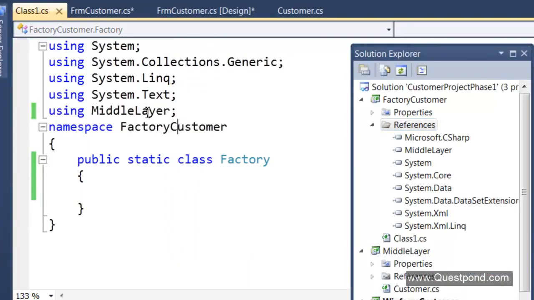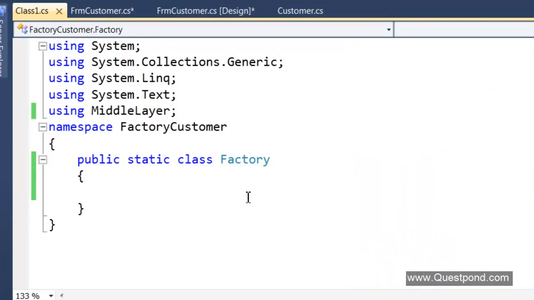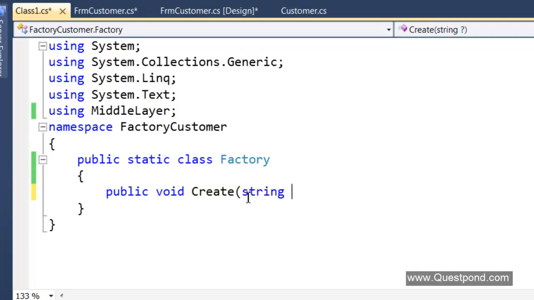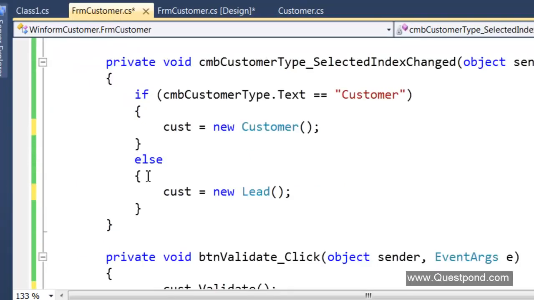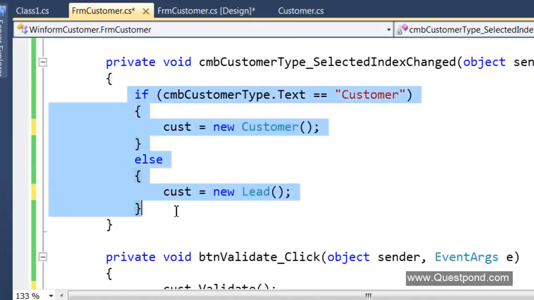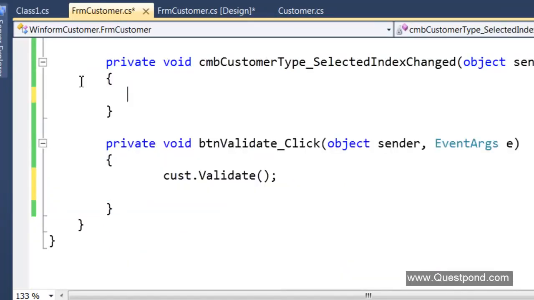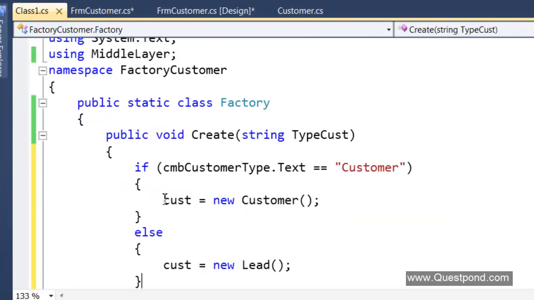So now what I will do here is I will say public create, right? So create the customer depending on the type of customer, right? And what I will do is I will move this if condition from here to this factory class.